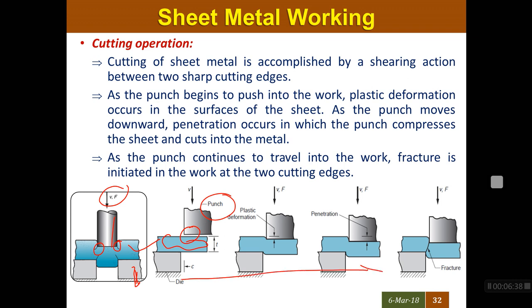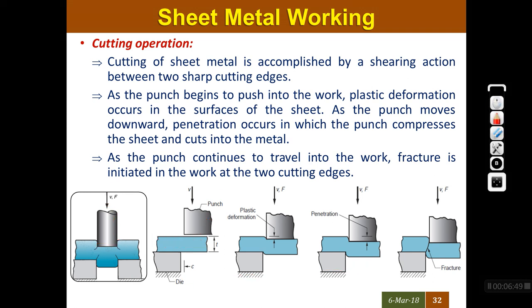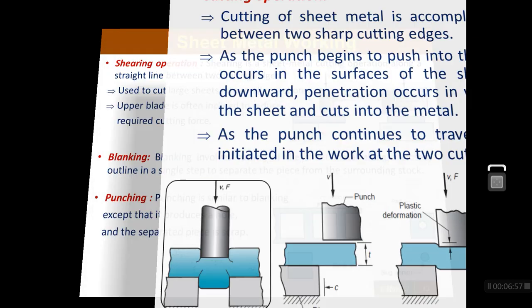With this flow diagram, a simple cutting operation is explained, which can also be called shearing. Here simple cutting is explained with the help of a sharp edge of the punch. So now we'll discuss the next operation,